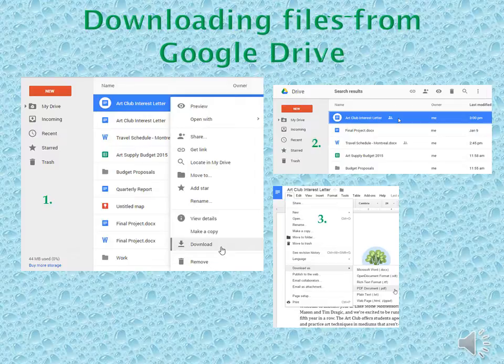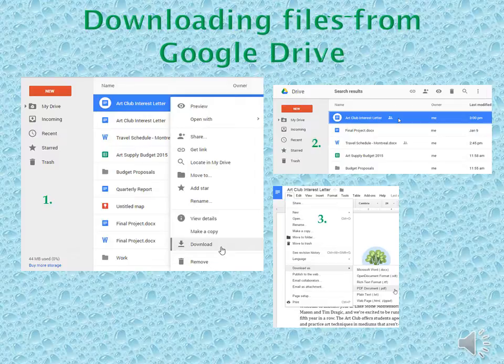To choose a file format: by default, Google Drive will choose the most common file format whenever you download a file. For example, if you download a Google document, it will automatically be saved as a .docx file, which is used by Microsoft Word and most other word processors. However, there may be times when you want to choose a different format, such as PDF. In order to do that, you're going to double-click the desired file to open. We see that in picture 2.